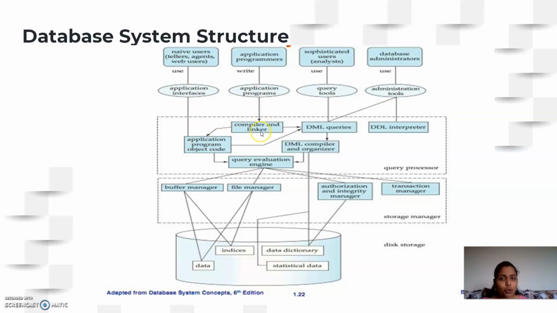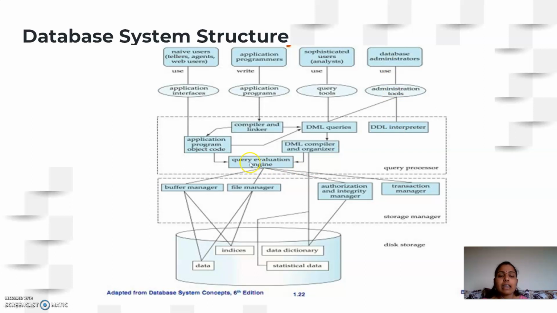So these are the components of query processor, where object code is directly taken from application interface. If you are developing the program, you compile and link it to header files. Compiled code is in the object code form. Your queries are available in DML queries. Compile them and organize them. Give both as input to the query evaluation engine. Then the sophisticated user will provide you the insert, update and delete statements, which are DML queries, and these will also be provided to the data dictionary to check for their authorization. Then the database administrator, he'll work only on the schema, so the DDL interpreter is used.